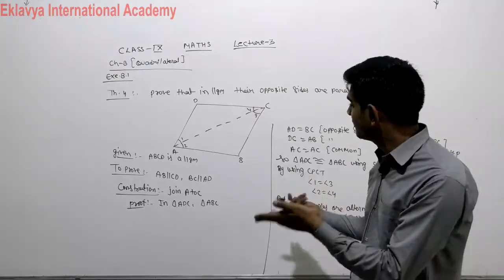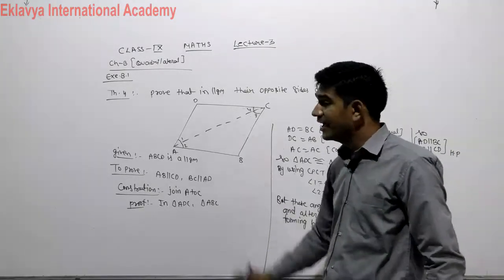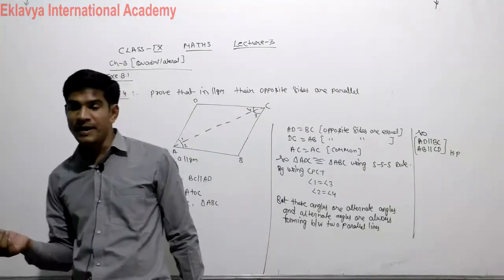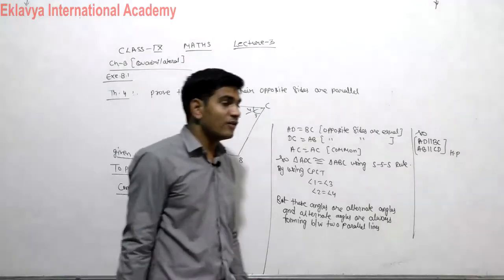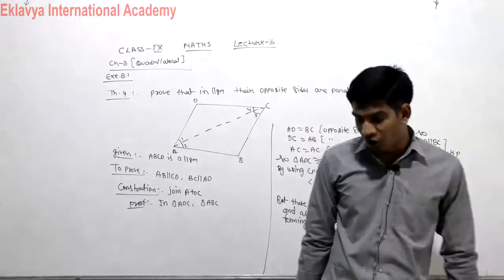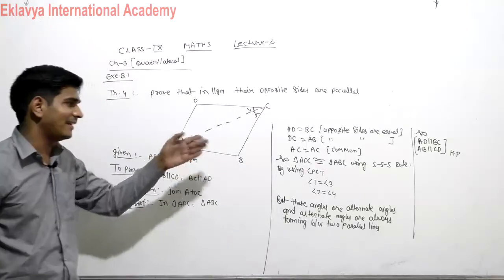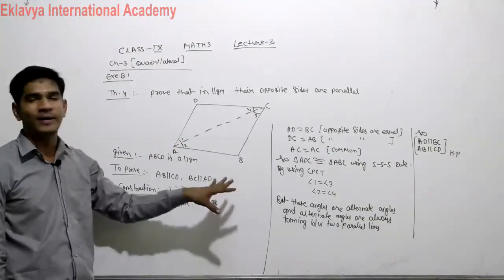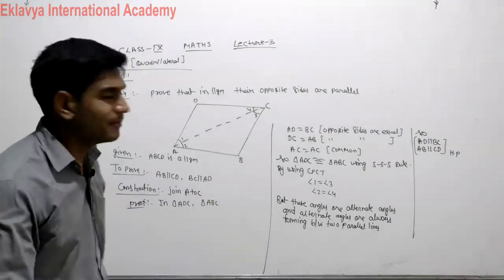So firstly, we have to prove that the given two triangles are congruent. After that, you proved the triangles congruent, but what did you actually have to prove? Their opposite sides are parallel. Now, to prove opposite sides parallel, what is the concept, students? Either their corresponding angles are equal or their alternate angles are equal. So we have to prove here their alternate angles are equal, and we know alternate angles are always formed between two parallel lines, so their opposite sides are parallel.